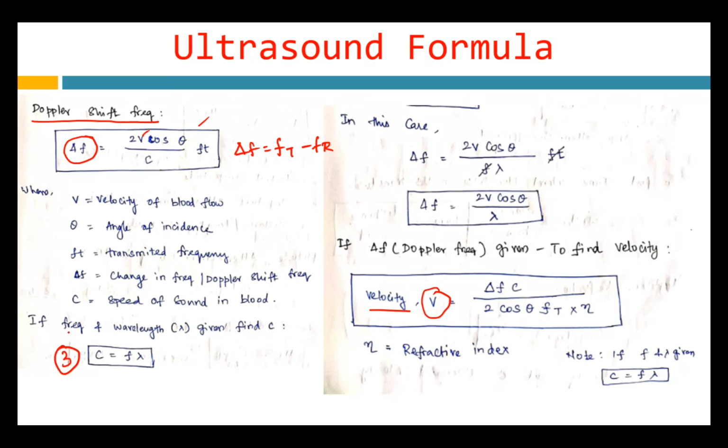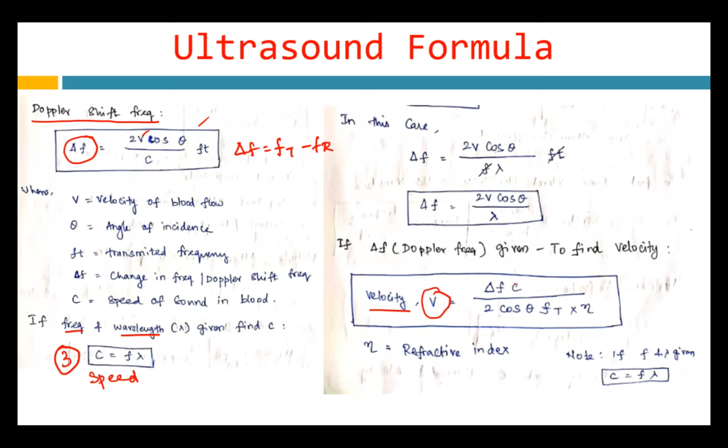Like if they give frequency and wavelength, you can find the speed, right? This is for all, for light, for sound. Have you studied this formula before, or are you seeing it for the first time? So C is equal to F into lambda. Yes, we have studied it in medical physics, medical optics in second year, but if you haven't, just know it. If you want speed, of light or sound, and they give frequency and wavelength, multiply the two and you get the speed. Wavelength of sound, wavelength of light, frequency of sound, frequency of light: if you know these two, finding speed is easy.